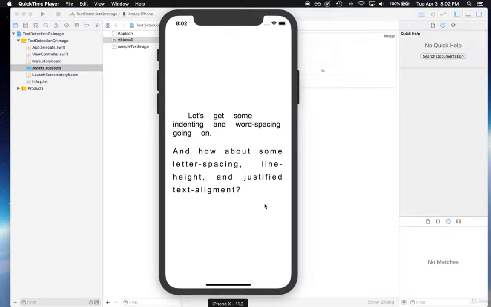So let's take a look at how the text detection with the new Vision framework reacts to this, and if it can find all the characters within this image. So I'm going to tap on the screen, and there you go. If you notice, it did a pretty good job finding most of the stuff. It missed this line, dash and comma in here, and it definitely missed question marks and the dot at the bottom, but again, it's pretty accurate